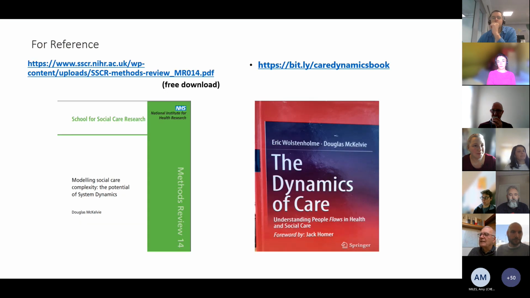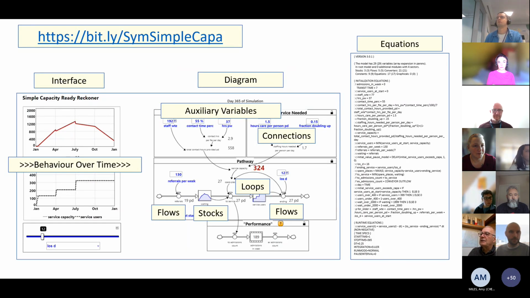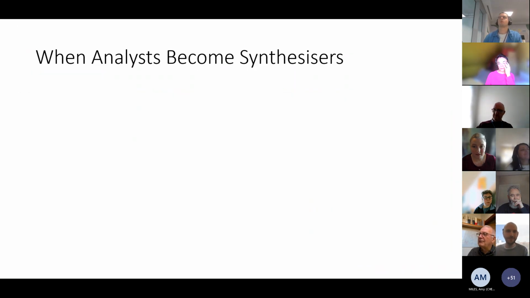So last time I mentioned these publications, the one on the left which is free and the one on the right which isn't free, but there's a lot more in it. And also I showed you a link to a model, so you can go to the internet and play with this model. It's got quite a lot of explanation. Maybe you could put your hand up if you were here last time and actually went and had a look at the model, and somebody could reassure me that at least one person did. So again, we'll make that link available to you.